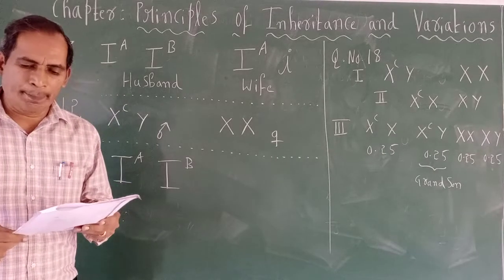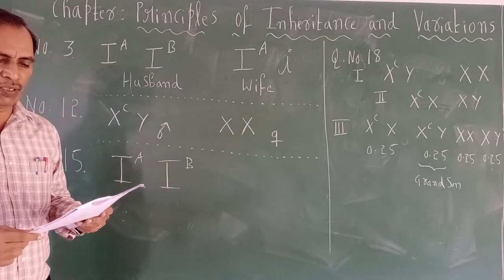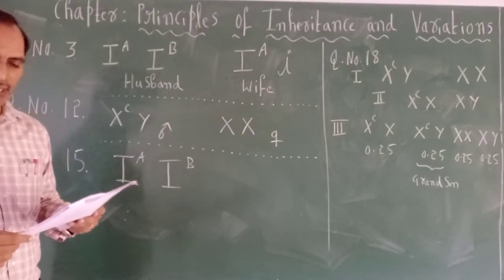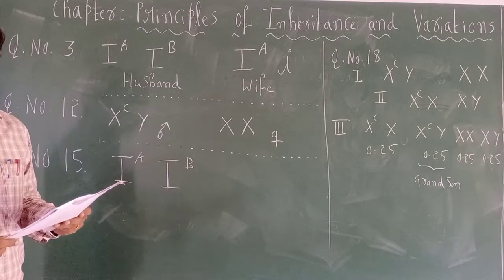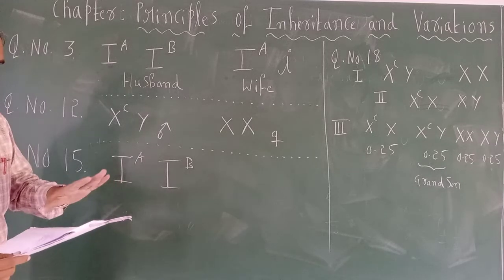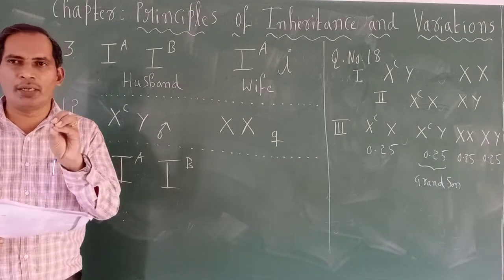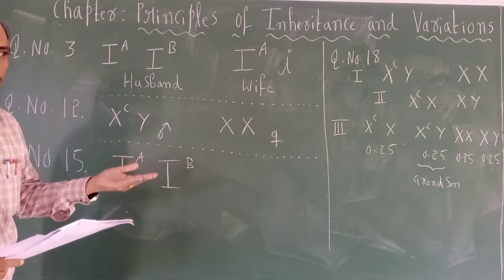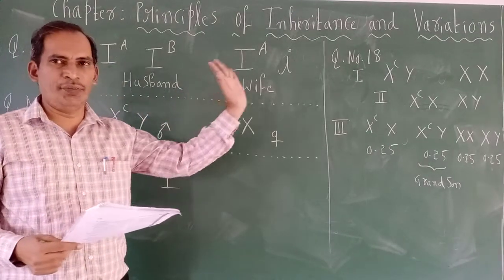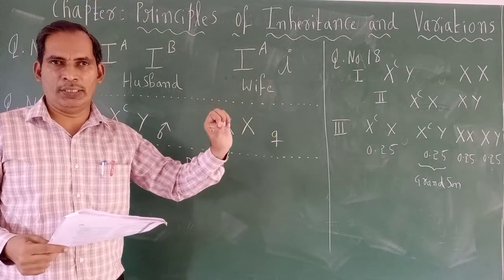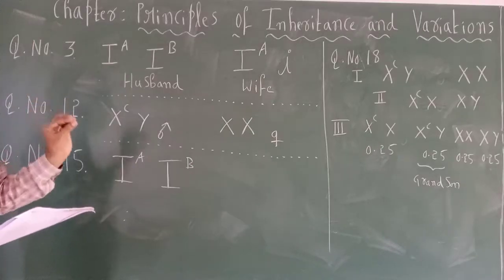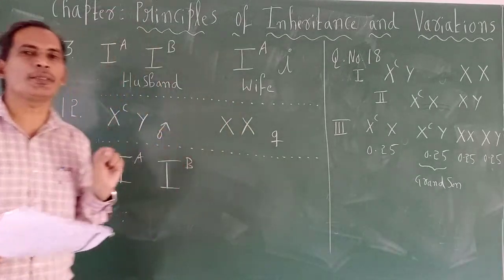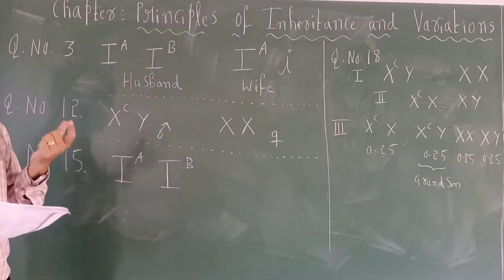A tall true breeding garden pea plant is crossed with a dwarf true breeding garden pea plant. When the F1 plants were selfed, the resulting genotypes were in the ratio of. In this question, a monohybrid concept is tested. You know the monohybrid cross experiment of Mendel. Homozygous tall crossed with homozygous dwarf. In the F1 generation we got tall heterozygous, and in the F2 generation we got the ratio